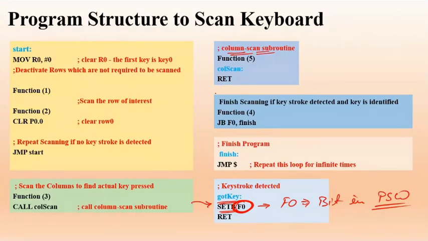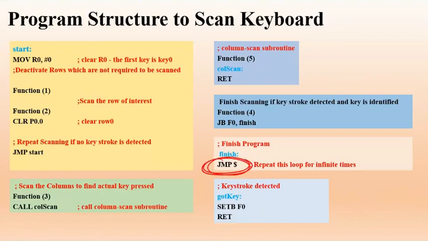Before finishing the program, you may do any particular task, and then you may come to the finishing of the program. Otherwise, it is not mandatory that you finish the program. You can keep on scanning the keyboard again and again for the whole life, or for an infinite time period. But the handout we are going to provide you uses the finish program. How are they finishing or stopping the program? By ending up in this particular loop. This loop is going to repeat for infinite time.